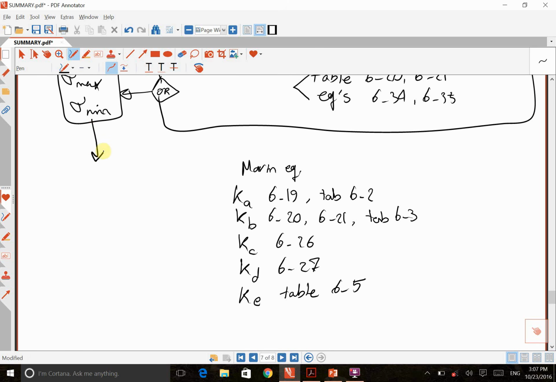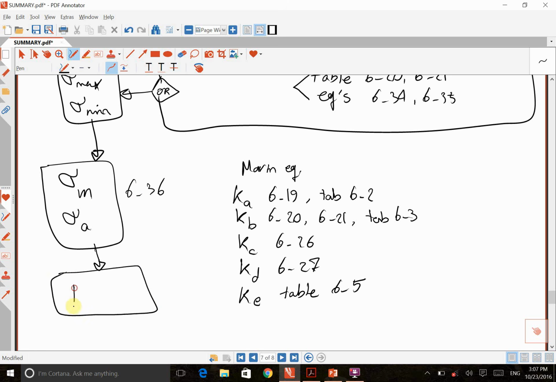And once we get these stresses, we're gonna find the mid-range or average stress, sigma m, and sigma a, and this is equation 6.36. And when we find that, it's done, plot. So we can plot sigma a versus sigma m,